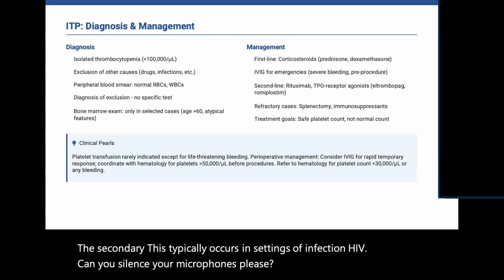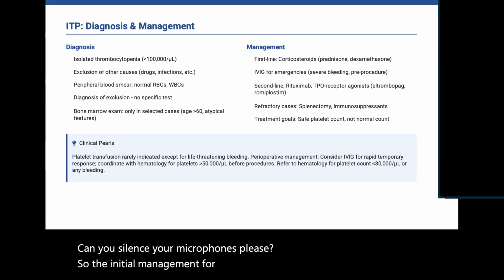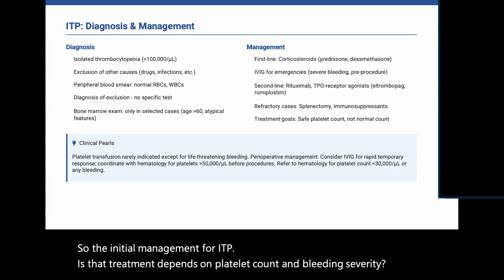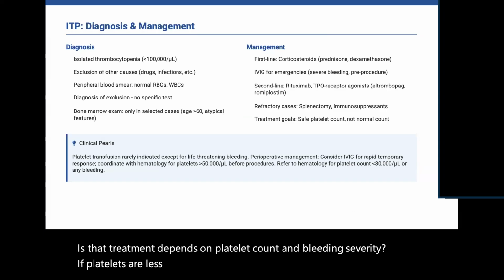So the initial management for ITP is that treatment depends on platelet count and bleeding severity. If platelets are less than 30,000,